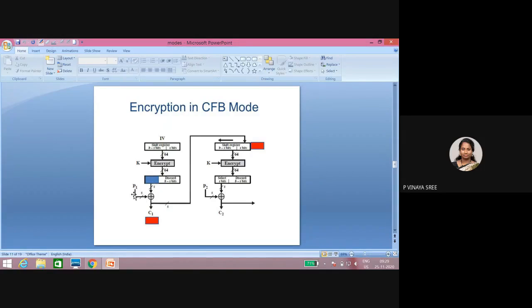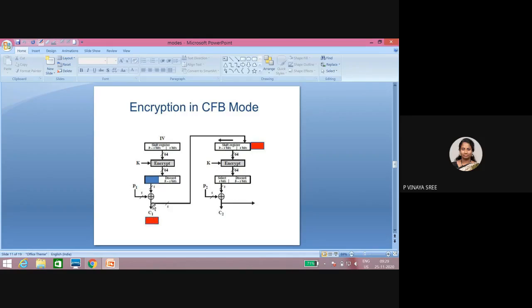So if it is a stream cipher, the plain text will be 1 byte or 2 bytes, 8 bits or 16 bits, depending upon the type of application. In this case, for the sake of understanding, let us consider S is 8 bits for SP1. So we are considering 8 bits of plain text, but here we have 64 bits. So the most significant bits from this output will be taken and both will be XORed, and C1 will be generated.